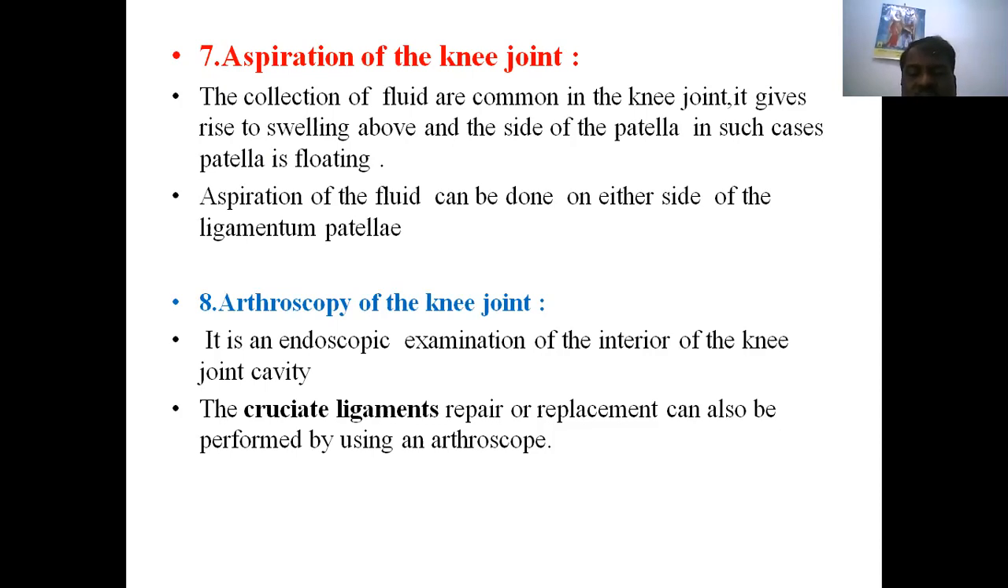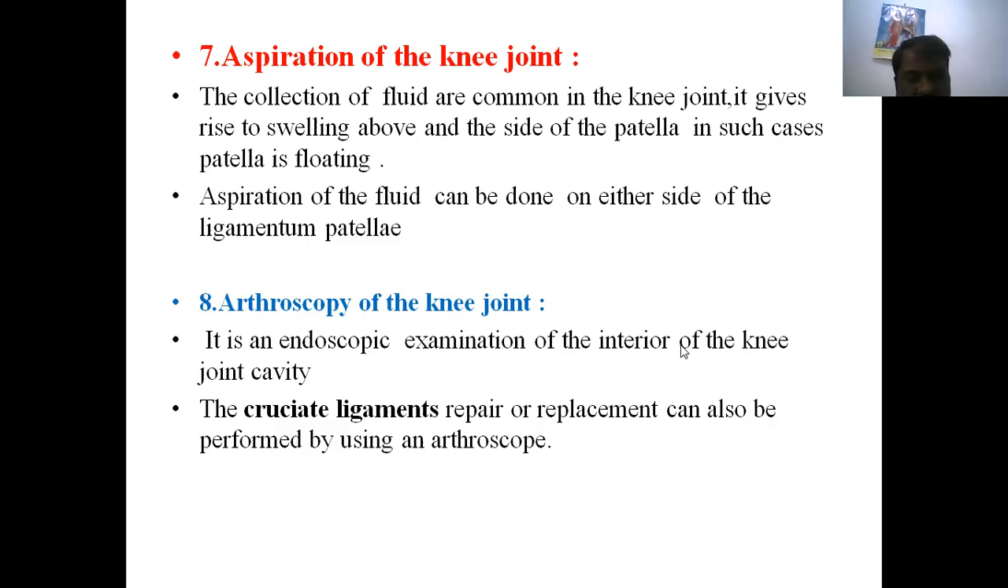Nowadays cruciate ligament repairs like anterior cruciate ligament and posterior cruciate ligament repairs and replacements are done. We use arthroscopy, where a small camera is introduced into the knee joint cavity. Through that, we can see which is torn, anterior or posterior, and then we do the repair or replacement of the anterior and posterior